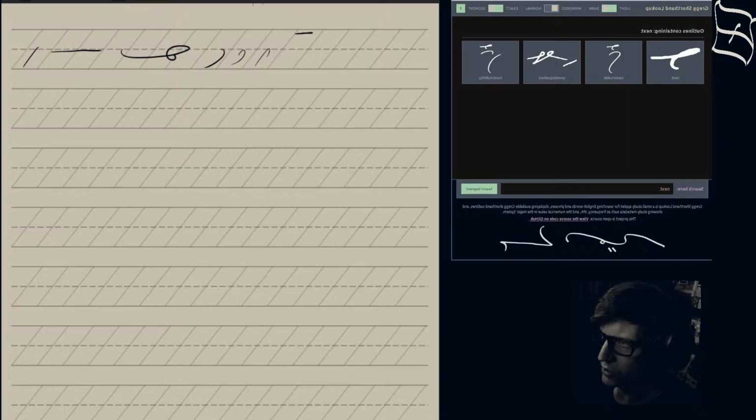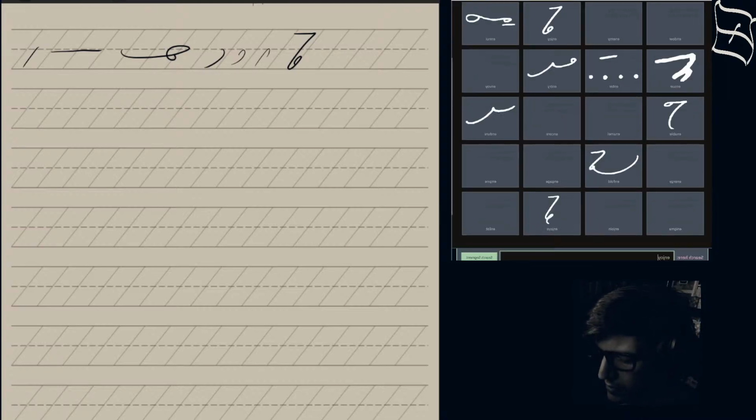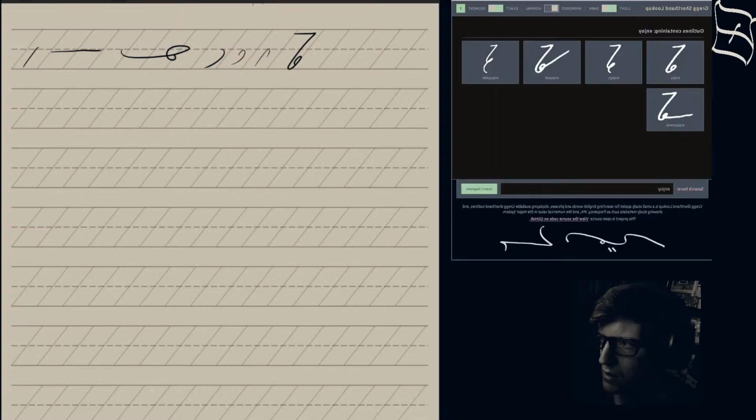I'm pretty sure that's the form. Let's take a look and see if that is correct. And yes, that is at least not quite as looped as the version that I have there, but that'll be okay. To enjoy